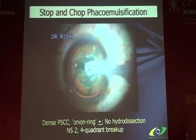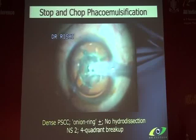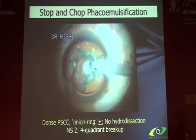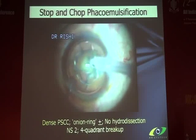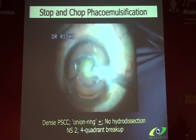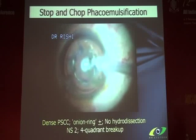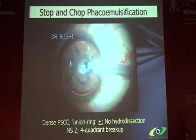We go on with this in the same fashion. We pretty much do a little bit of a chop. It's actually a mishmash between a real chopping maneuver and a slightly cracking maneuver. It's not a pure chopping maneuver, and you don't need to have a pure chopping maneuver, because once you've impaled the phaco tip into the piece, you can actually go in underneath the capsular rim and take these out. So that is one,